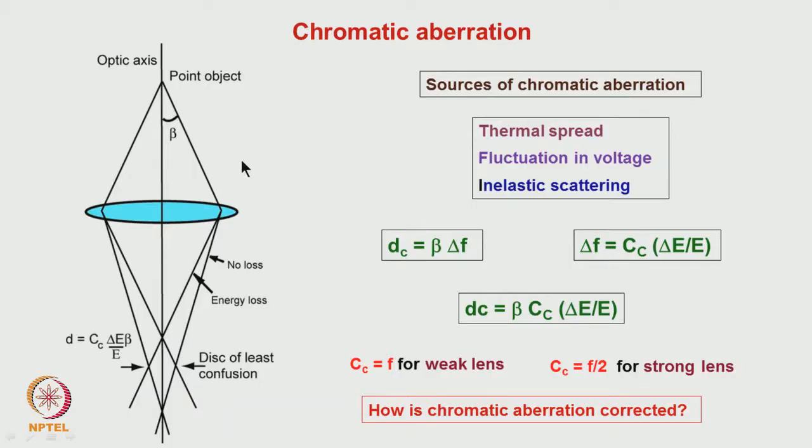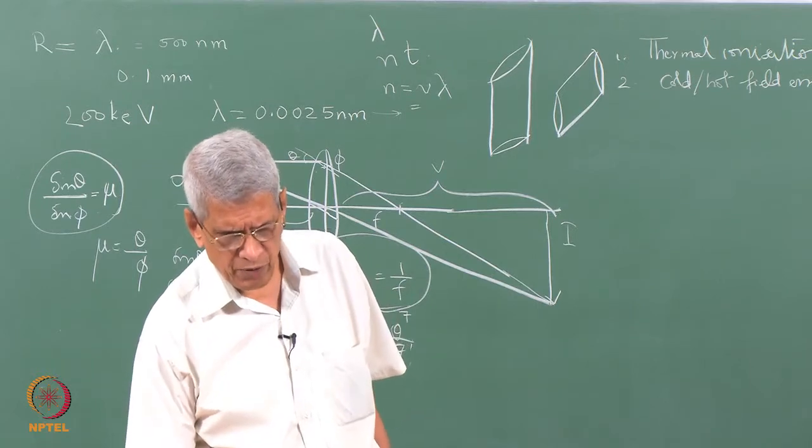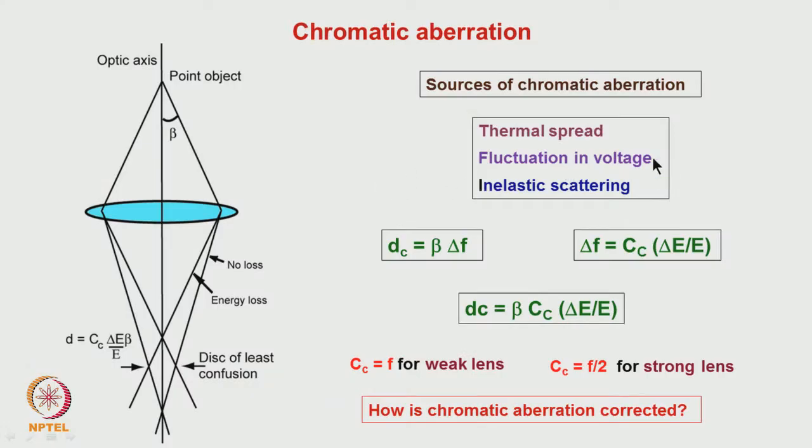When the electrons are coming out, they have a finite spread, and these electrons are accelerated to some particular energy. This inherent spread in the initial electron energy gives rise to a spread in the overall total energy, and that will be reflected in the wavelength of the radiation. Similarly, the high voltage which we use is generated by converting an AC into a DC. In this case also there are some ripples, and that can give rise to fluctuations in the voltage.